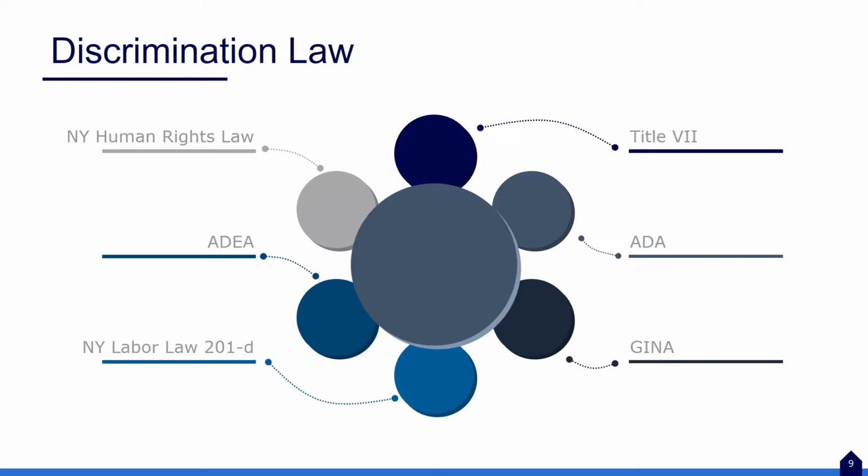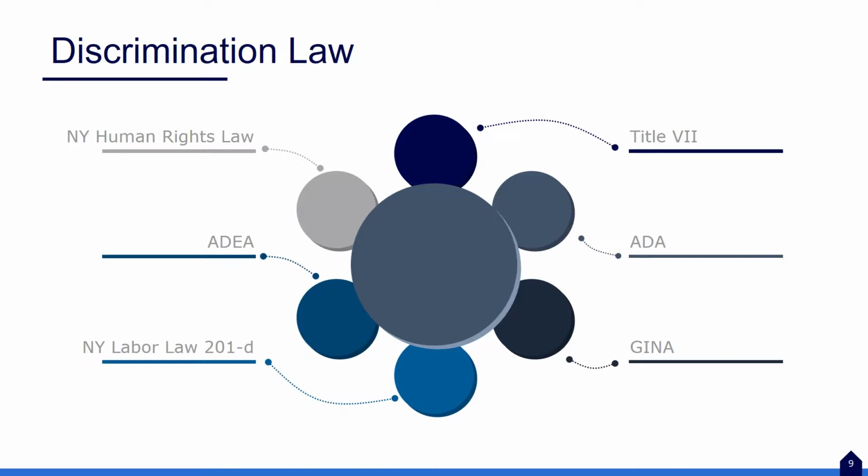The major discrimination laws that affect employees, at least in New York, are listed on this slide. The New York State Human Rights Law is the fairly omnibus employment discrimination law. Actually, the Human Rights Law does cover more than employment, but the important subset of what it covers is the employment relationship, and it prohibits discrimination based on a wide variety of topics, including most of the ones covered by